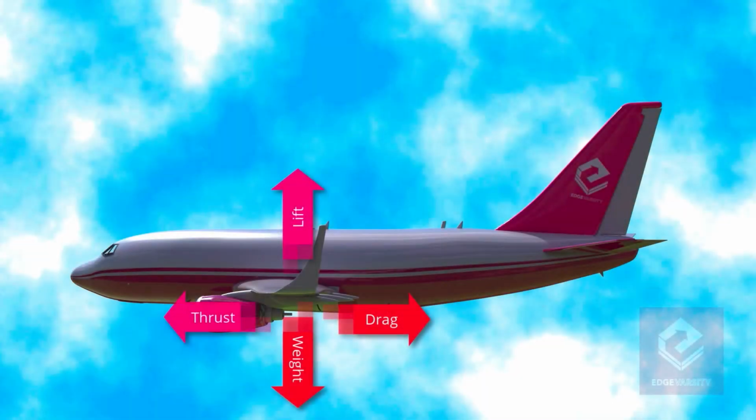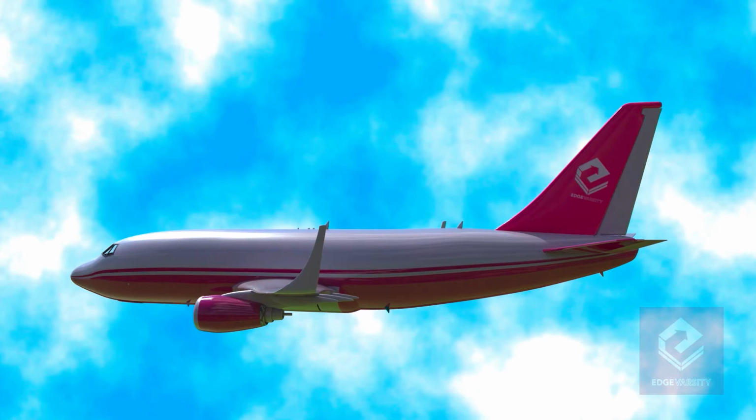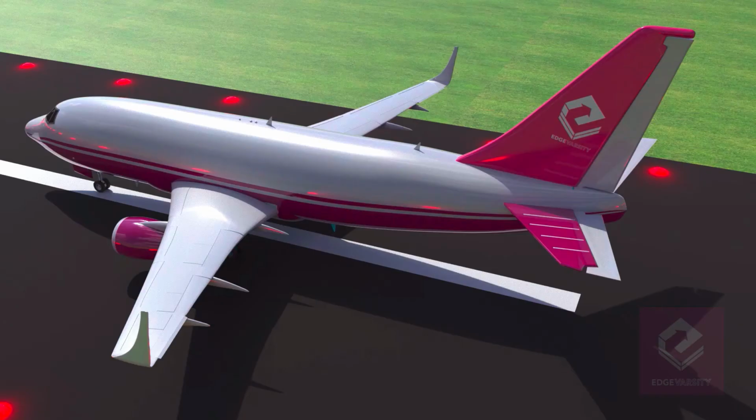To fly along a required flight path, the four forces on the aircraft have to be precisely manipulated. Every movement along these three axes should be controlled too. This cannot be achieved with the engine and wings alone. It is for this precise maneuvering that we have what we call control surfaces on the wings and the tail